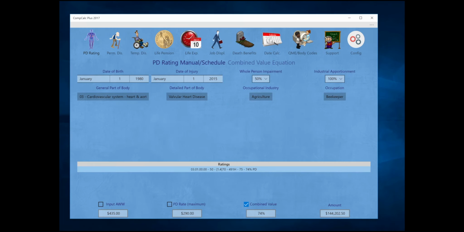Now, this is the first module of the CompCalc, which is the PD rating. The first thing I want to do is familiarize you with the screen itself. To navigate through the CompCalc, you really have 2 ways to navigate. You have the icons across the top, and you can see we have animated icons across the top for PD